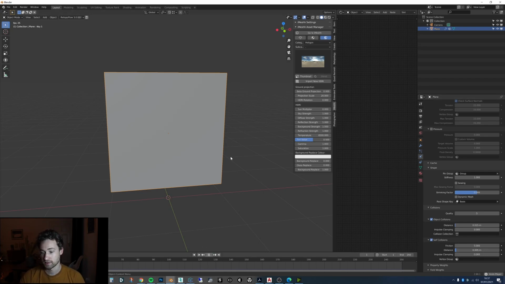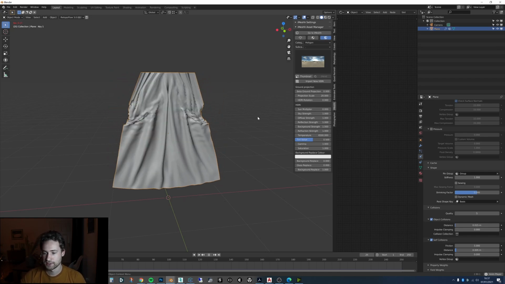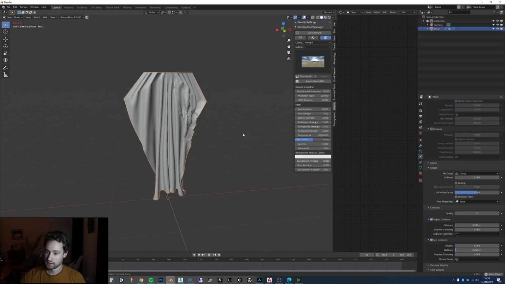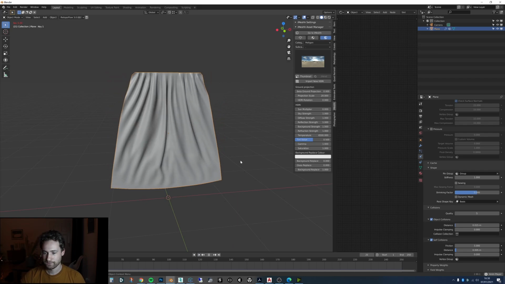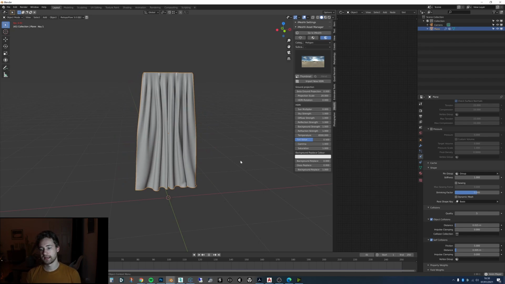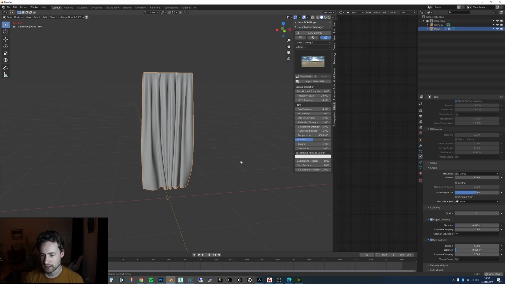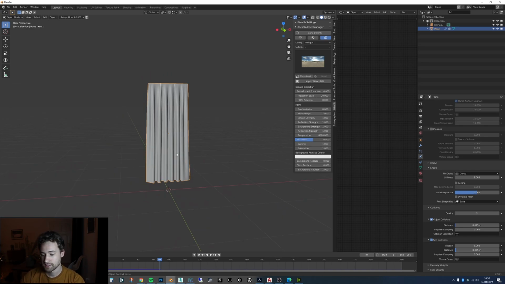So what I do now is just click play, and now you can see that this is being generated. And something went a bit wonky. Oh, I think that might be because I just set it to smooth shading. So we'll try it again. Okay. And the idea now is to leave it to rest, just to wait until it comes to a stop. And then we can apply that and move on. So I'm just going to leave this for a second. Okay, that is great. That is perfect.